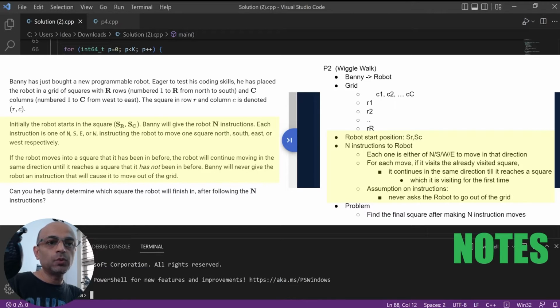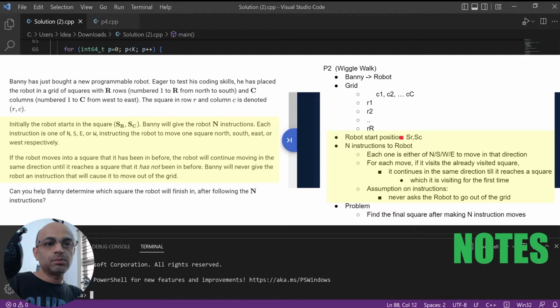For each move, the robot will move in that direction to visit that square. As I said, west will go left side and east on the right side. North it will move up and south move down.